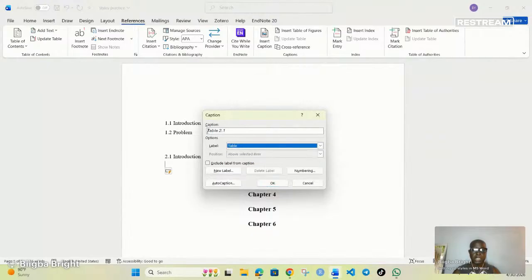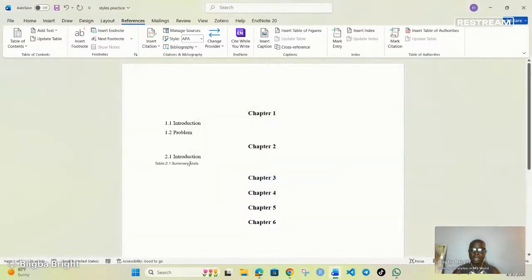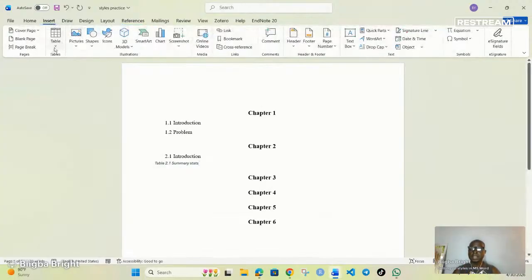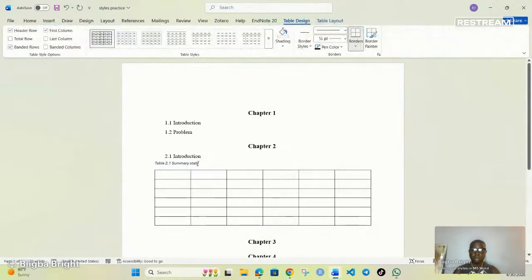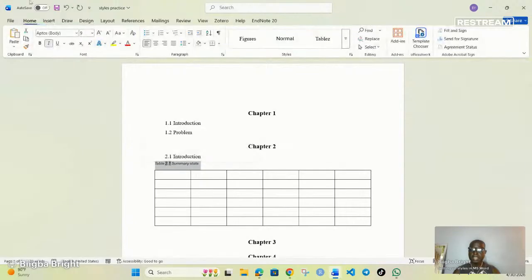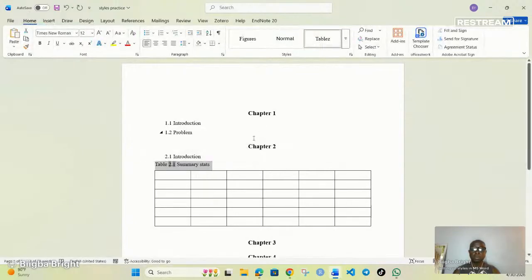And then you notice that automatically it gives you table 2.1, telling you that you are inserting the table in chapter 2, and that's the first table. So if I click, maybe that table is, let's say, summary stars, and that's it. So I insert the table caption, and then I can now come and insert the table under it. Okay, so let me insert the table under it, and then the table is inserted. So maybe if I highlight here, go to my home tab, and click on tables,